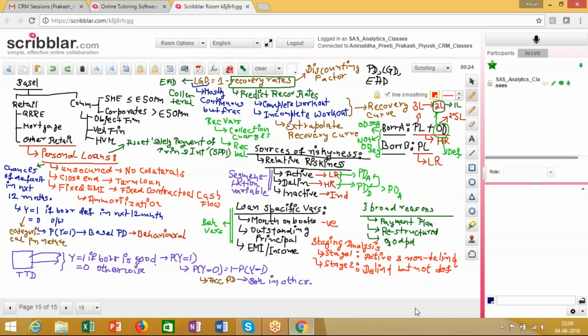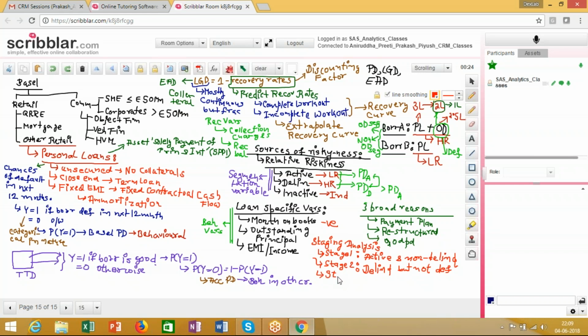Delinquent but not defaulted. So basically, this is where staging analysis comes in, right? Stage one is active and non-delinquent. Stage two is delinquent but not defaulted, and stage three, according to IFRS 9, is